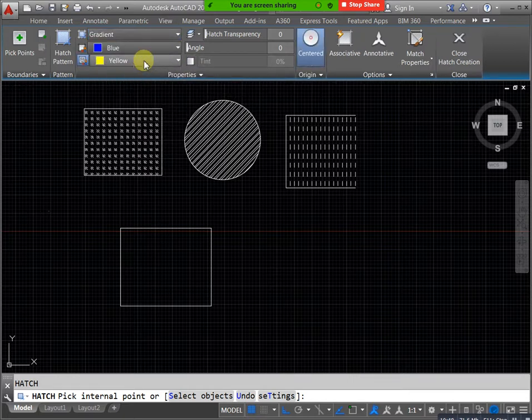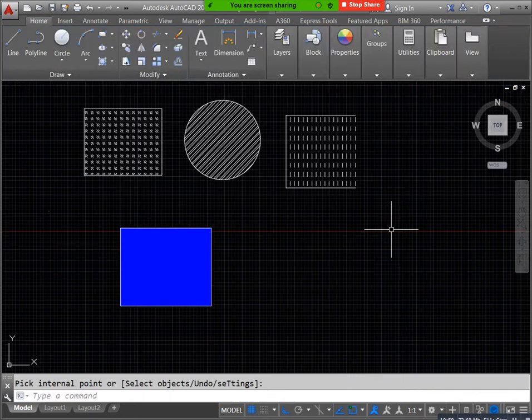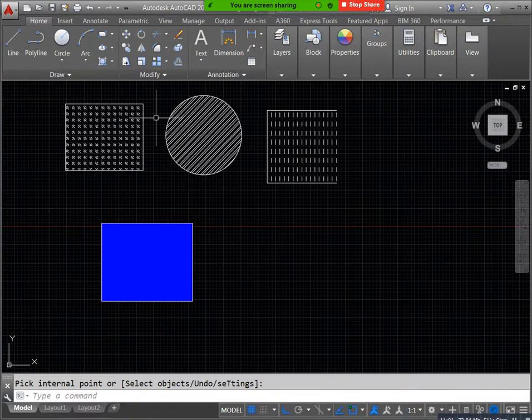For example, I don't need this color, I need a two color combination. Then you can use H enter again, go here, select this gradient and select the combination color. You can apply it like this, then you will get the combination color. Okay,